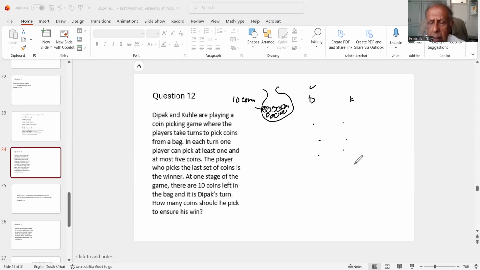Now this should be quite easy, because to ensure a win, he has to leave Kushla with